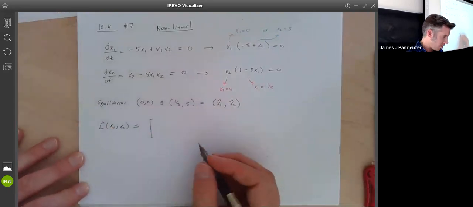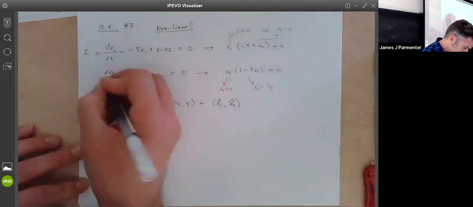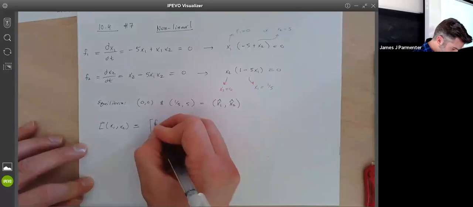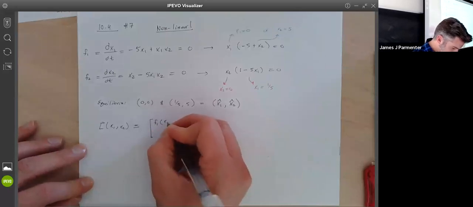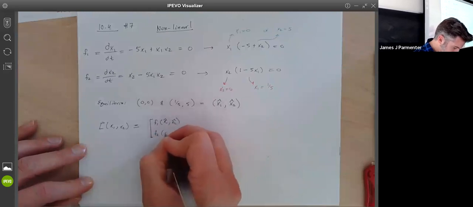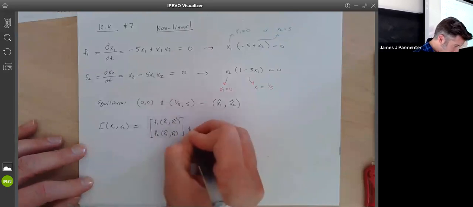I think he likes to call this one F1 and this one F2. So it's the vector F1 evaluated at (x1 hat, x2 hat), F2 evaluated at (x1 hat, x2 hat), plus,